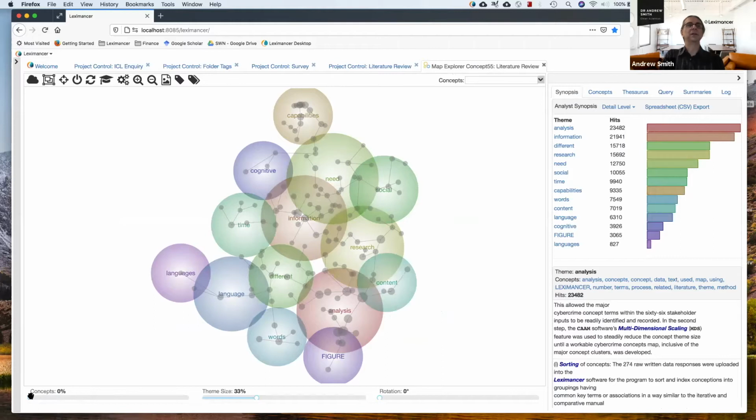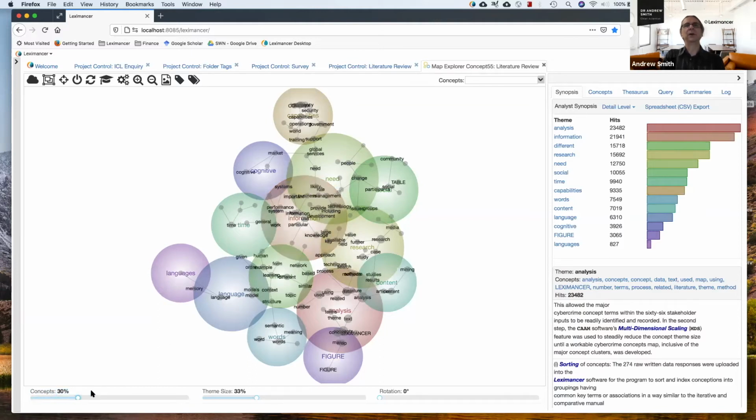The bubbles show you the main themes, and then we can gradually reveal the principal concepts, and you can see content and concepts, data analysis, information and knowledge closely related here, and systems. I think it's interesting to me seeing this now, that systems and information are near each other in knowledge. And of course, language models, I can see down here, and semantic meaning of words, which is of course a big part of Leximancer,